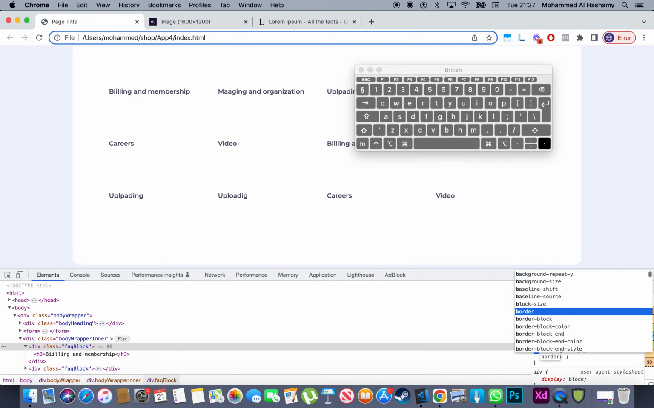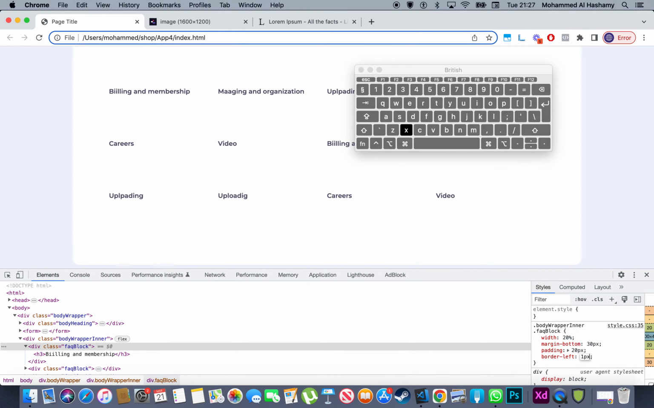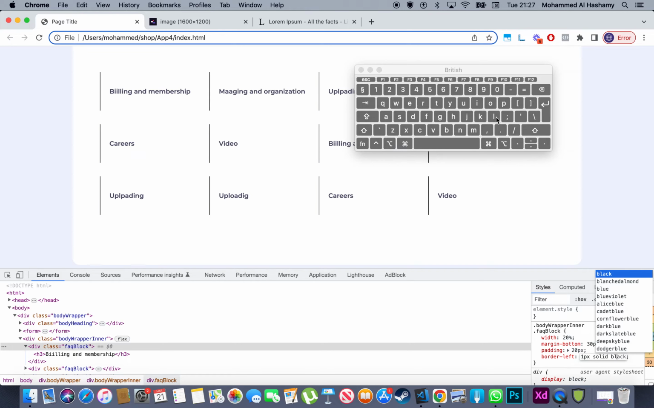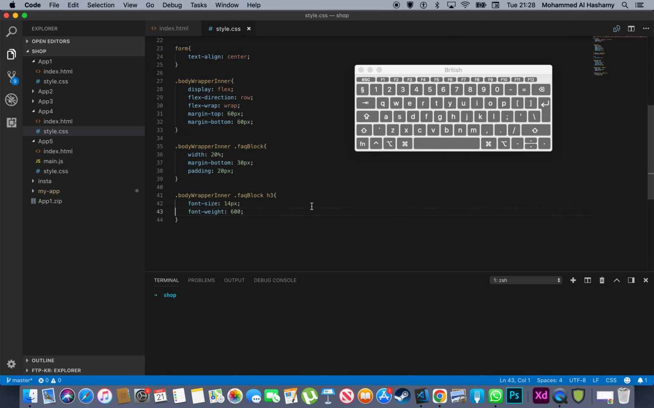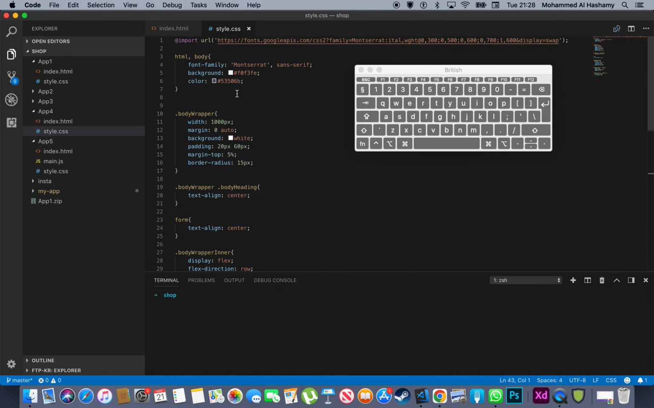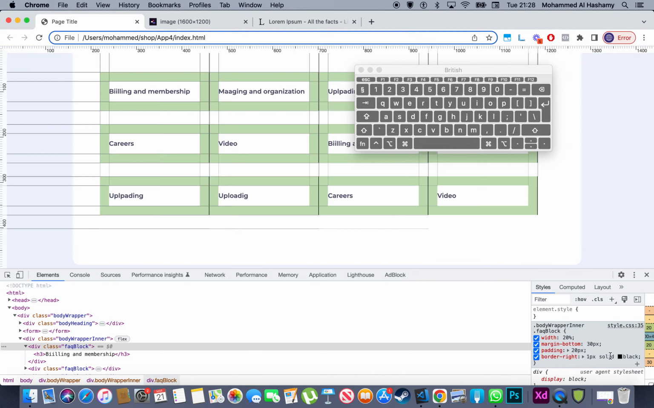So border left, oops, left, 1px solid. Yeah, beige. Yeah, let's just go for beige. I bet that's what the kids left. Right. Yeah, we're getting there, people. We are getting there slowly. And if we add in a color here,